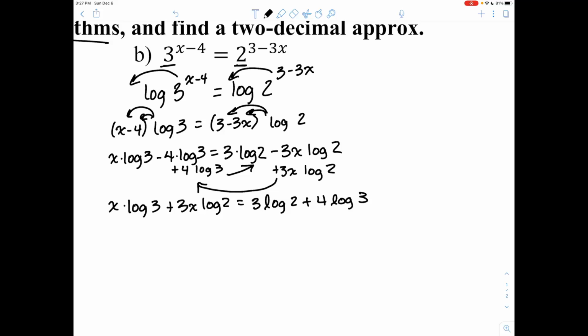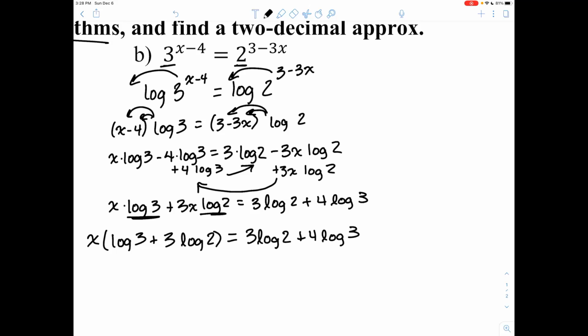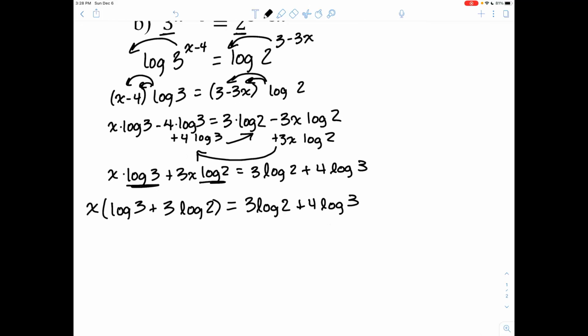Now, we can't combine these, we can't add these because they're not like logs, they're not like terms. So in order to isolate the x, you're going to have to factor it out or divide it out again. So x times the log of 3 plus 3 log of 2 is equal to 3 log of 2 plus 4 log of 3. Okay, so now the x has been isolated away from the log terms, so now we